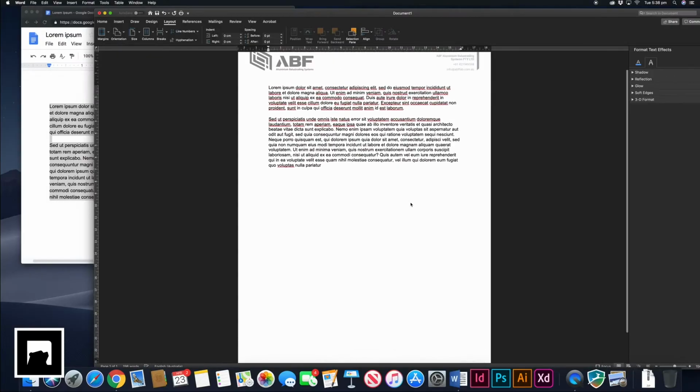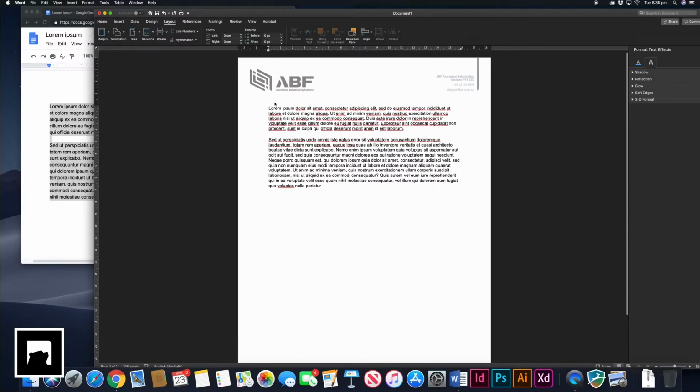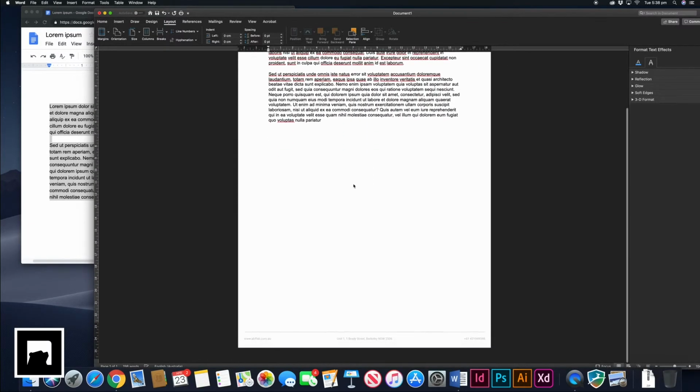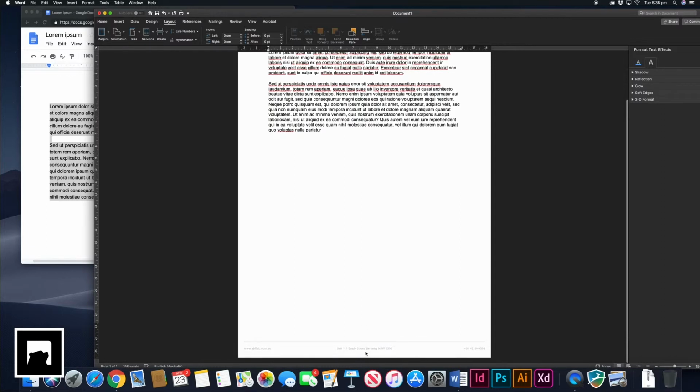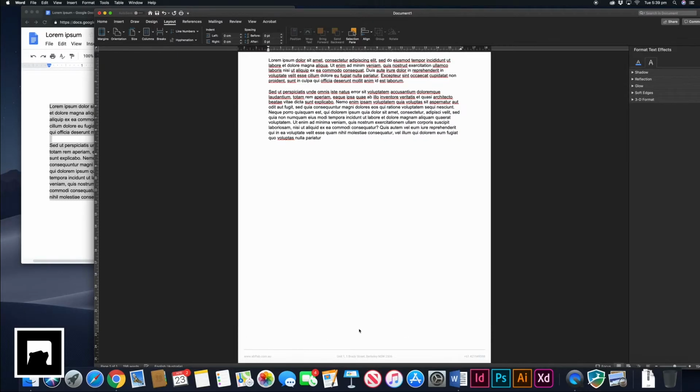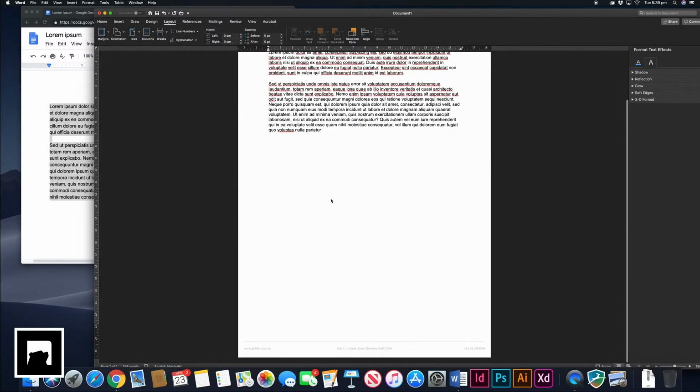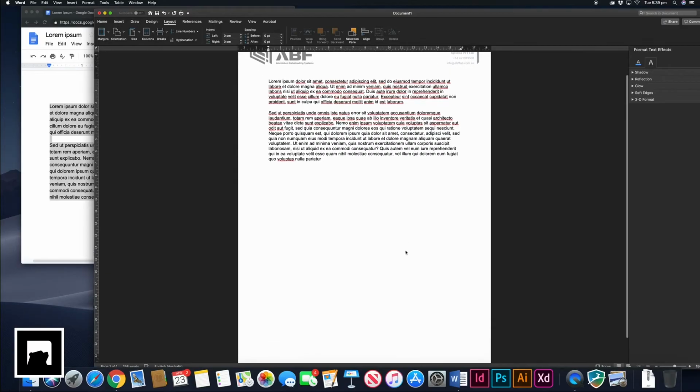So you can see here that it's not cutting into the actual design, and we've given a bit of breathing room. I think there's 3 centimeters from the bottom. You can see it here. You can change it from here as well if you click and drag. But we've got a bit of room in the bottom there. So if we fill the whole page with text, it won't overlap the footer.